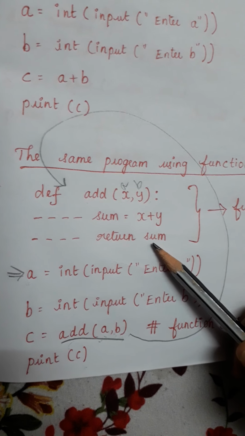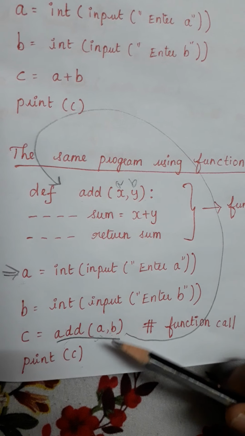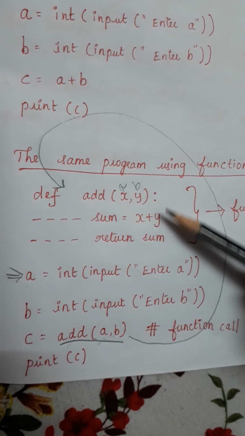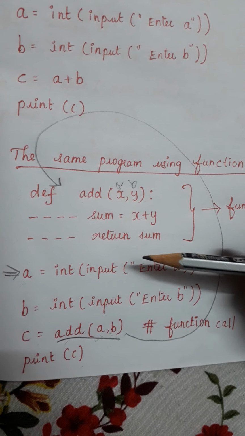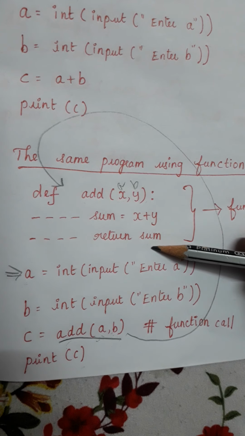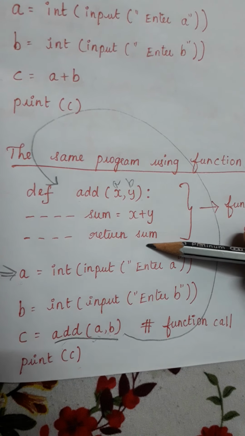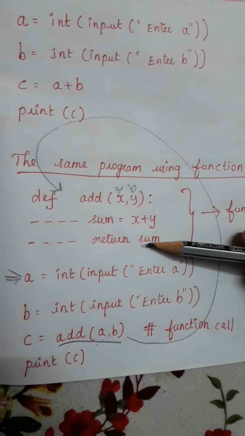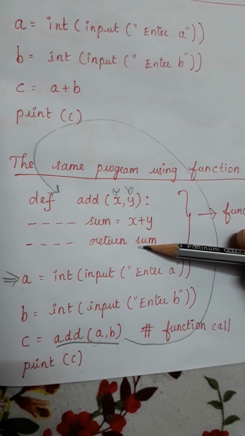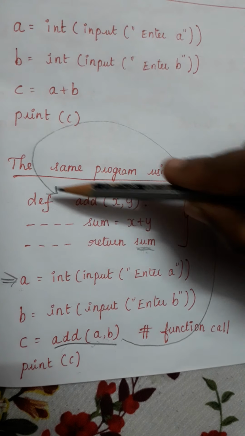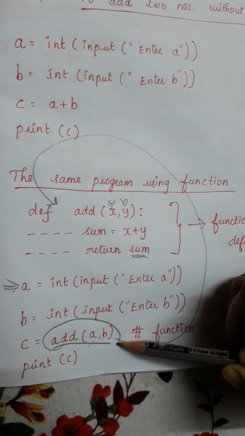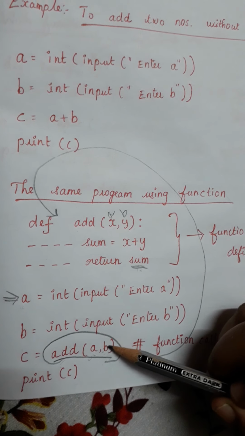So we have called the function from this particular line. After the function is over, after the addition process is over, we will return back to the same place from where the function was called. So return sum: the sum is returned to the place from where it was called. So the sum gets returned to the same place. So the return value of add of a comma b is this sum, right?